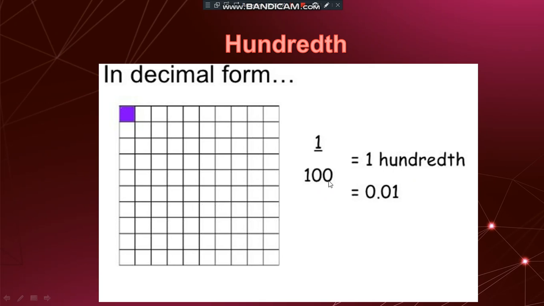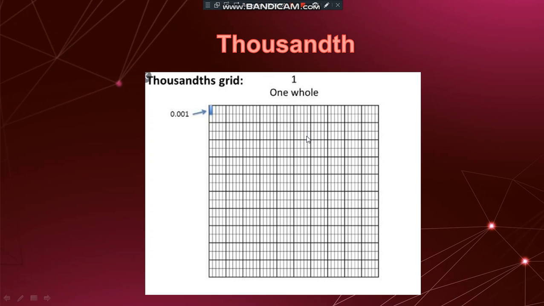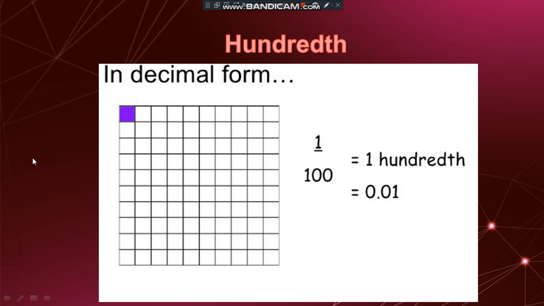Now as you can see, there are two zeros. I am going to put the decimal after 2 digits. Here there is only 1, so I am going to add a 0 over here. As you can see, it is 1 upon 100. There are two zeros, so I need two numbers to put the decimal, but I have only one number. So I'm going to keep this 1 as it is, put a 0 over here and then put a decimal point. So it is 0.01.